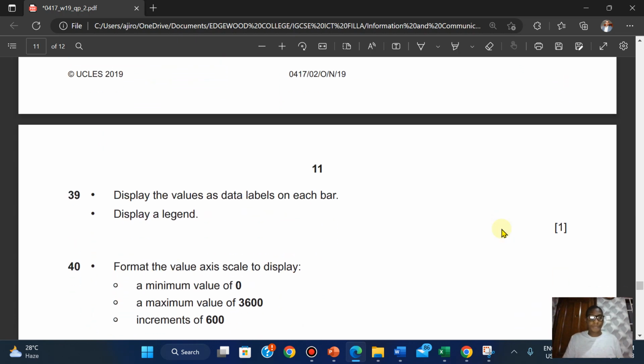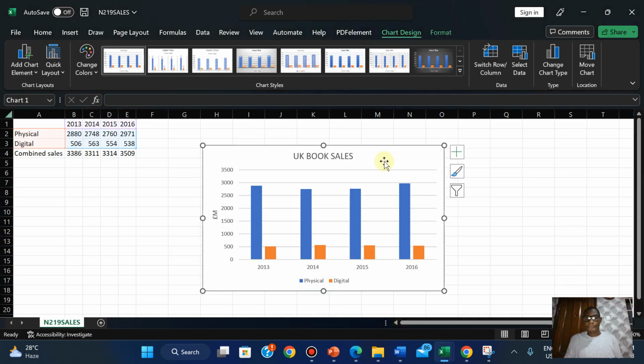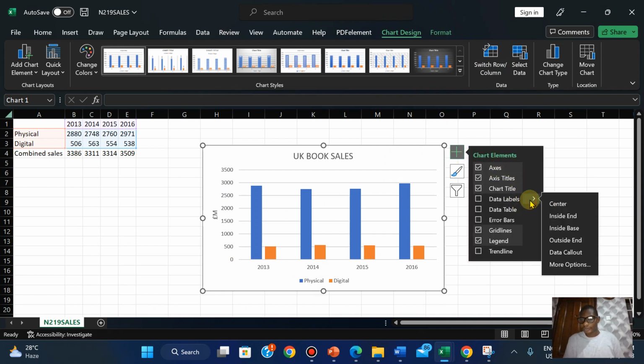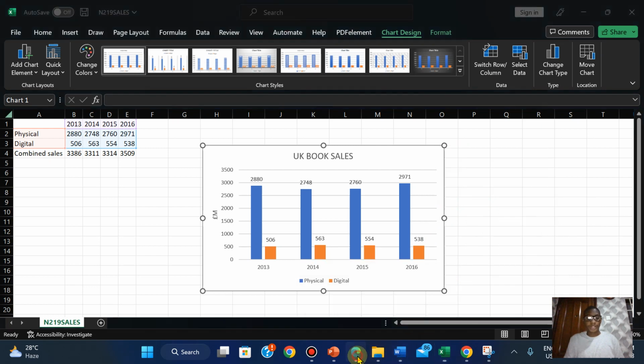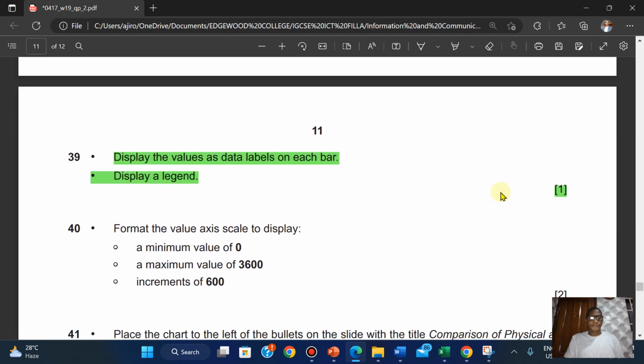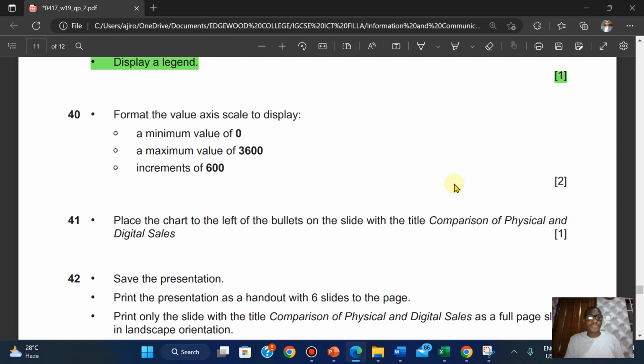To know if we need it. Okay, display the values as data labels on each bar. Okay, so let's do that. On each bar, data labels. Okay, and what else? Display legend. So this is done, completed. Format the value as this scale to display. Okay,